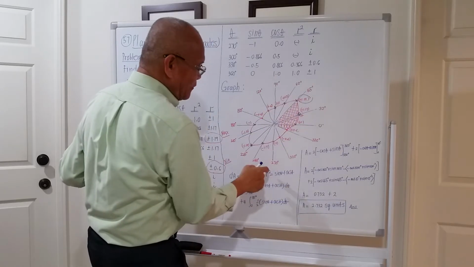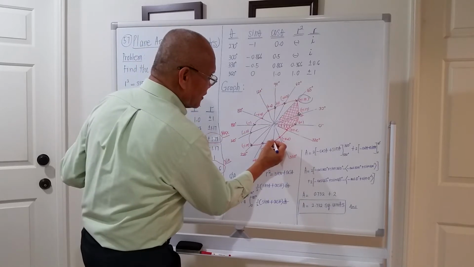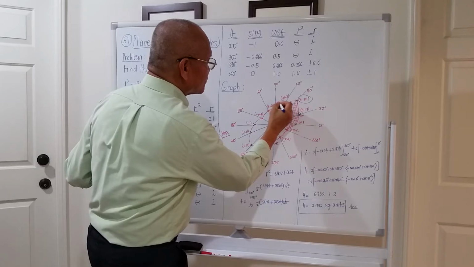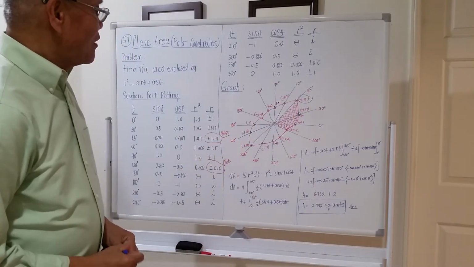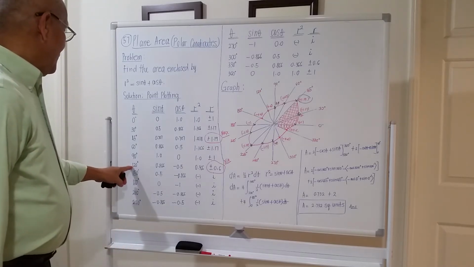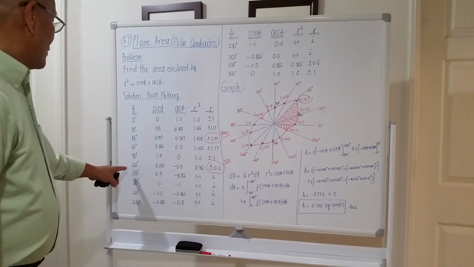The opposite will be 270, right? Below. This is minus 1. This is minus 1. This is plus 1. So actually the graph is now coming out, right guys? At 120,